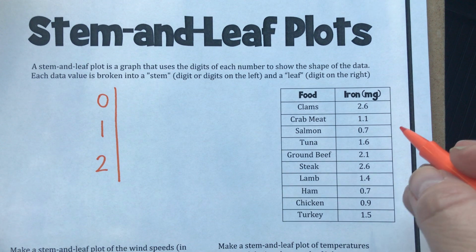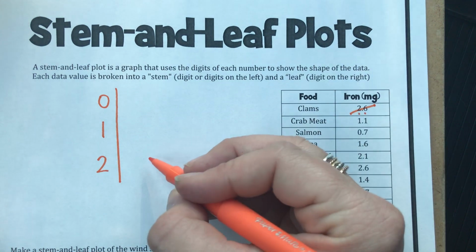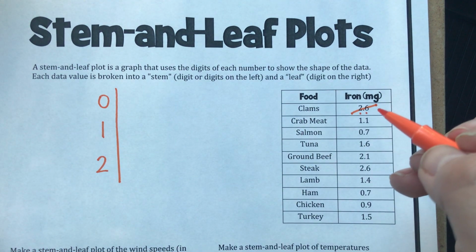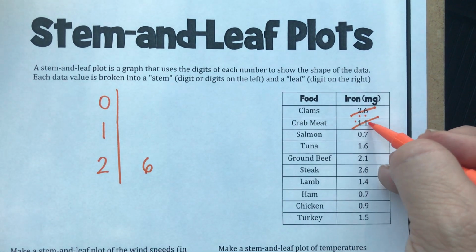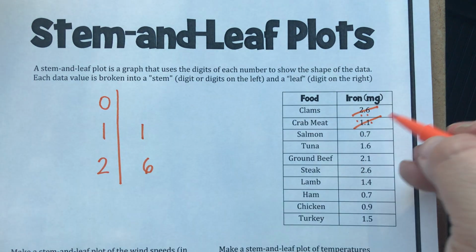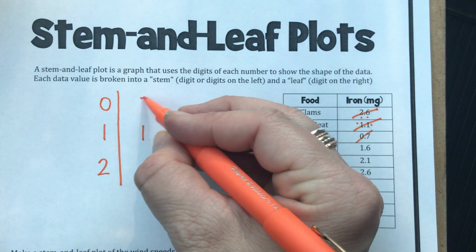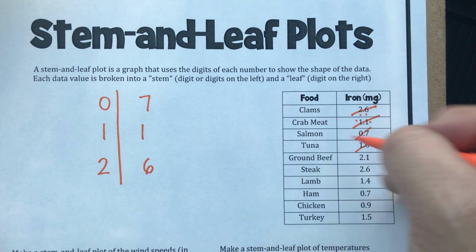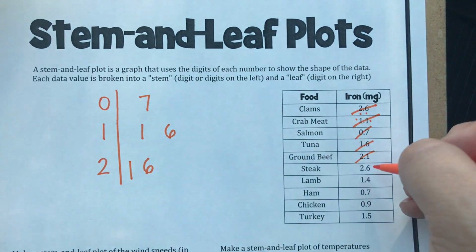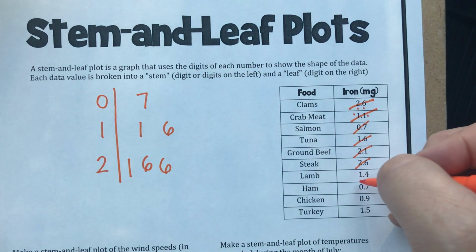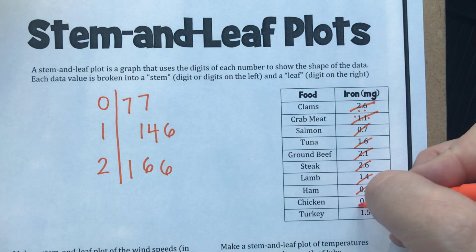For example, 2.6 has a stem of 2 and a leaf of 6. So it's going to go right here. 1.1, stem, leaf. 0.7, stem of 0, leaf of 7. Then 1.6, 1.6, 2.1, 2.6, 1.4, 0.7, 0.9,